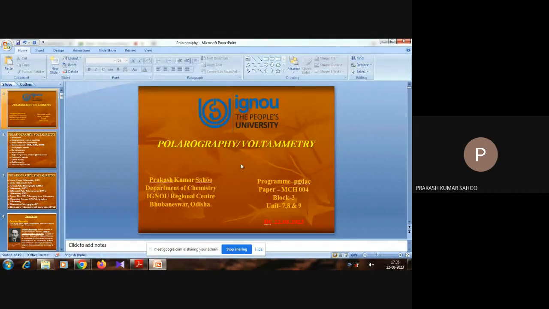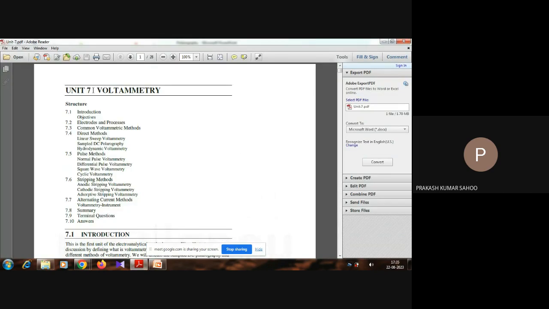So this electroanalytical method, the name is voltammetry. So voltammetry means is related to voltage. What is voltage? It is the cell potential or the potential difference occurred during electroanalytical methods. So we have this part in your unit 7, that is voltammetry, and in this